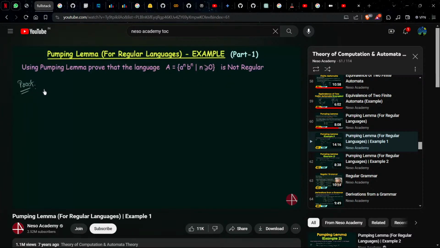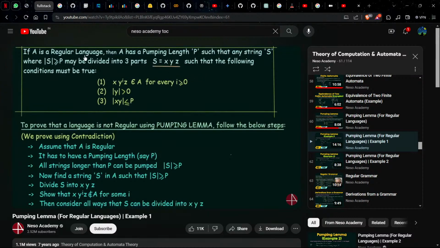So we have the proof here. For that, let's just refer to the rules of pumping lemma that we studied in the previous lecture. So here we have the rules of pumping lemma. It says that if a language is regular, then it needs to have a pumping length, let's say p,